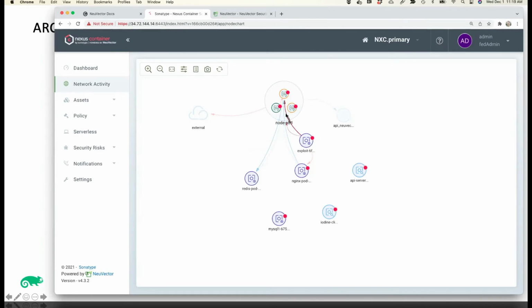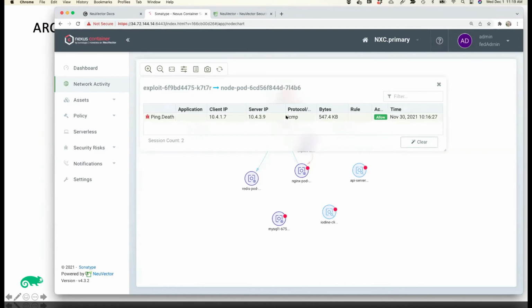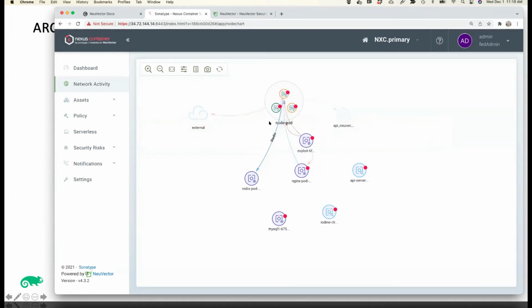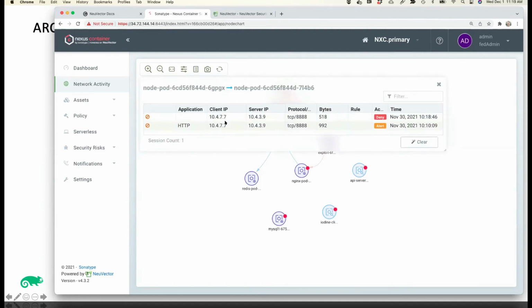Now, you can also see if we are detecting any suspicious connections. The red and the orange connections are connections that we have detected are either violating segmentation rules, the allow list, or they're network attacks, with built-in network attack detection for DDoS attacks, SQL injection attacks or other types of attacks. You can see we can show those here. We can also show segmentation violations.